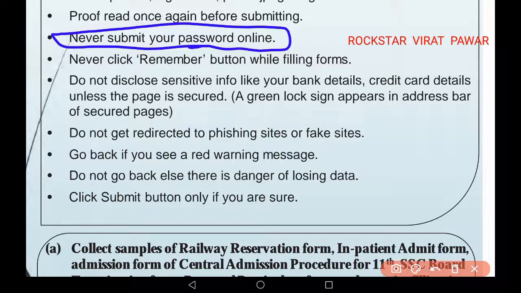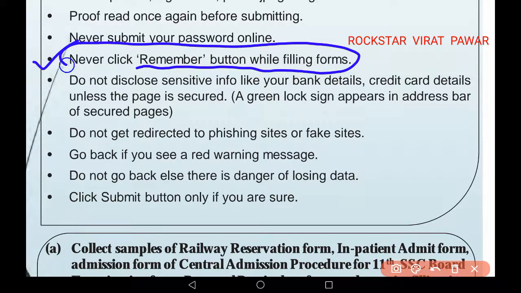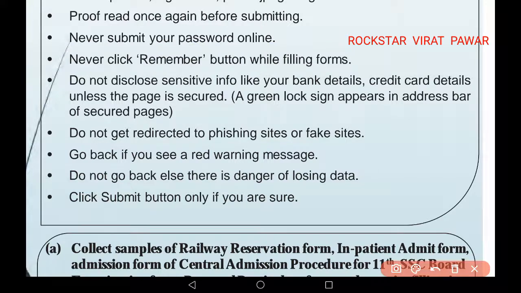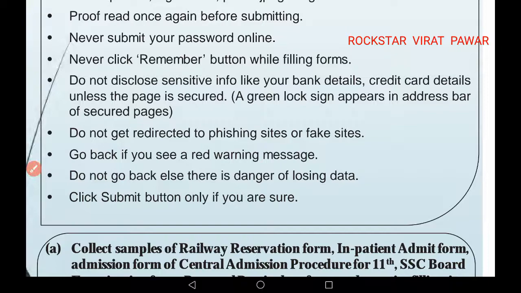You should never submit your password regarding any bank details or any ATM details. Never click the remember button while filling the form. One thing we have to remember is that in the online process, data hacking is a difficult problem. So you should not click the remember button while filling the form.